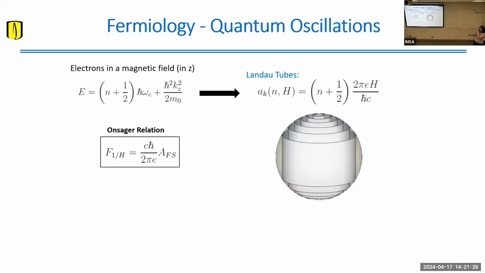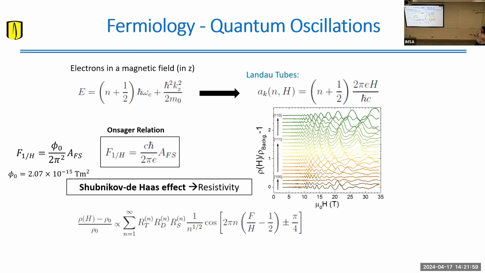This crossing of these tubes is periodic not with field, but with the inverse of the magnetic field. So you have things that will have a frequency in units of Tesla, because the periodicity is in the inverse field. All right. And this comes from the flux quantization for each of these Landau tubes as well. So you can write this Onsager relation in terms of the quantum flux and the area of your Fermi surface here. All right. So each of these crossings of the Landau tubes generates these jumps in a quantity that is directly proportional to the density of states, like for example the resistivity.